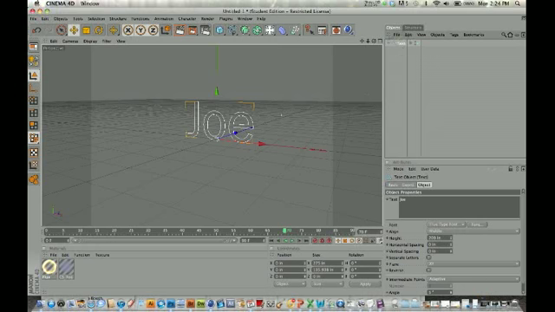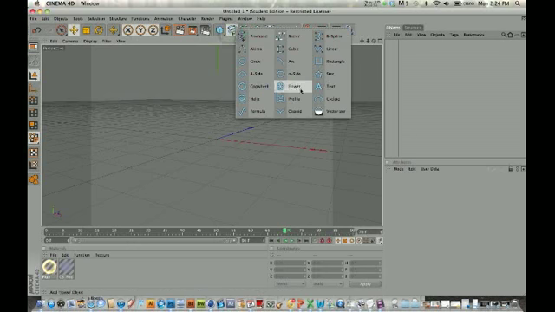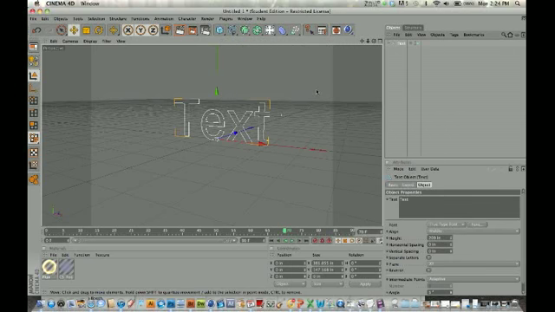All right, let's talk about the basics of what we're going to be doing today. So what we can do to create three-dimensional text is under the spline tool, you'll notice that there's one called text. All right, and if you just click on that, it'll just pop in a generic word text. Okay, and in order for us to make this into a three-dimensional object and to make it our own object, we can first go down to the object properties in the attributes manager. And the first window that you see here is just where we can fill in what we want it to say. All right, so I can type my name in here,